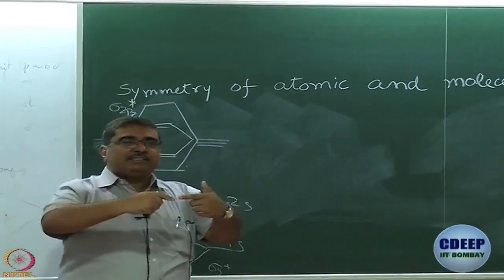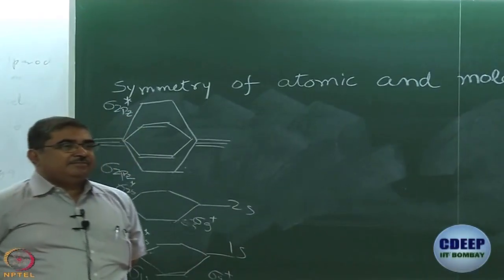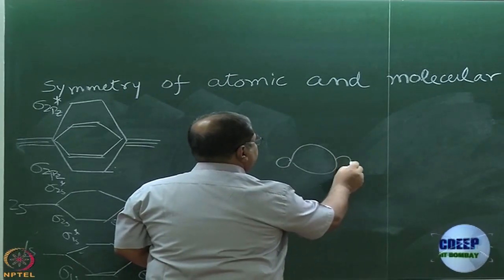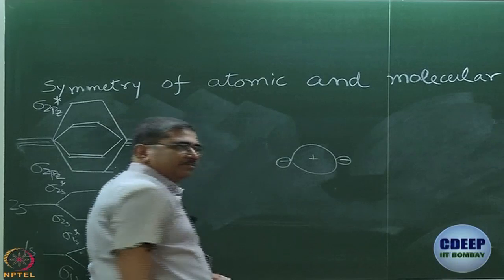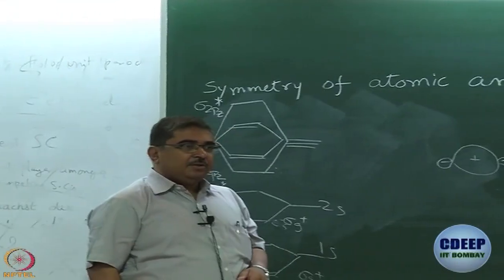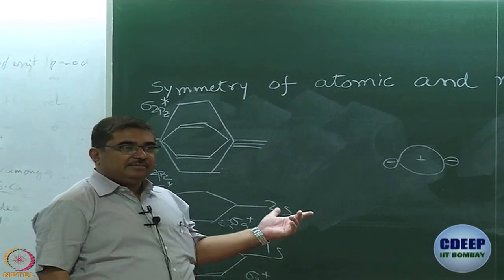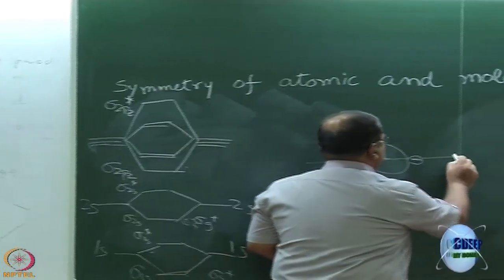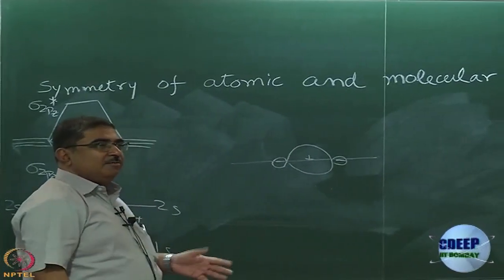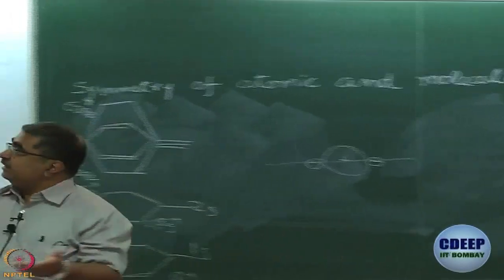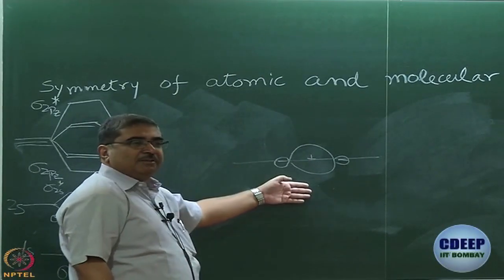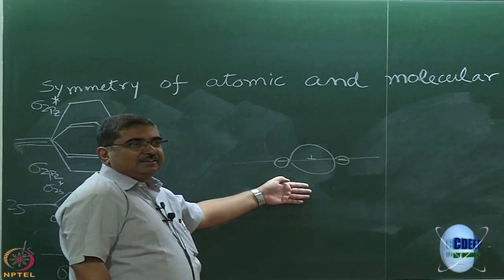When 2p orbitals give you a sigma bond, what is the symmetry? What does the molecular orbital look like? Something like this, right? So, let us see quickly what the characters would be. For E, character is 1. For C infinity, what is the character? 1. What is the next symmetry operation? Sigma v. Where is sigma v? This plane of the board. Of course, there are many, but I can take the plane of the board. What is the character? 1.